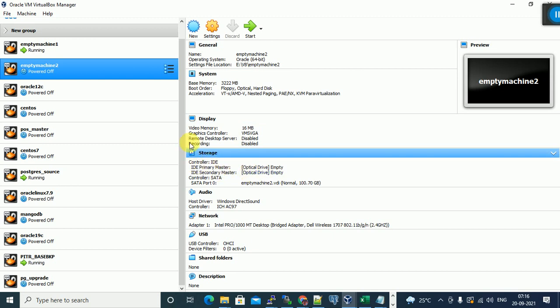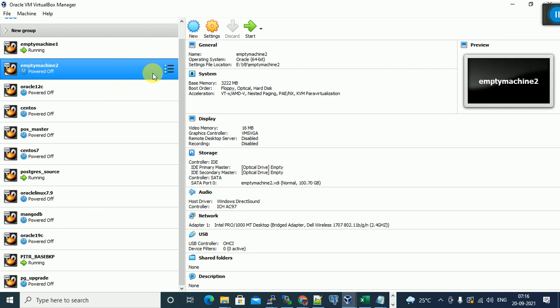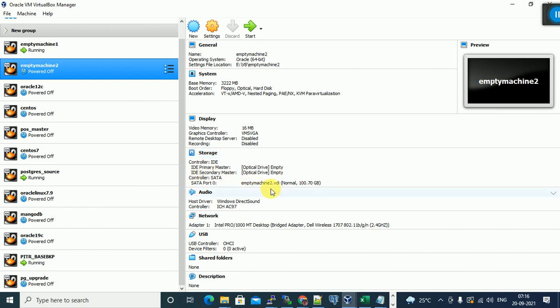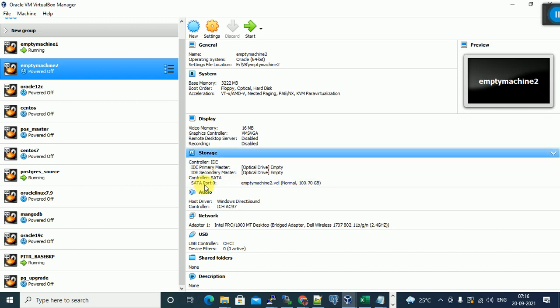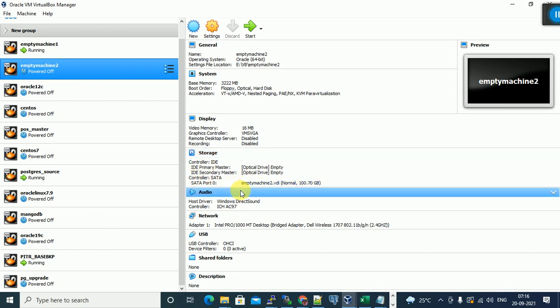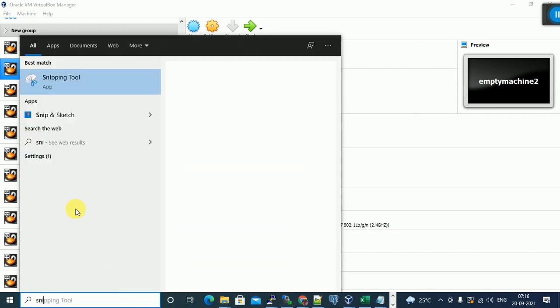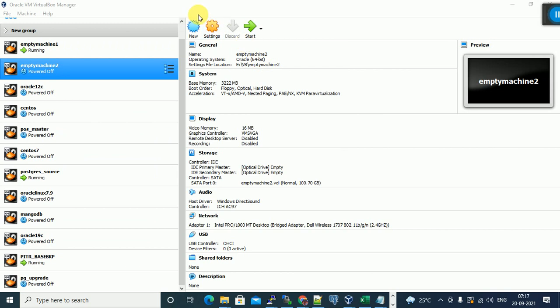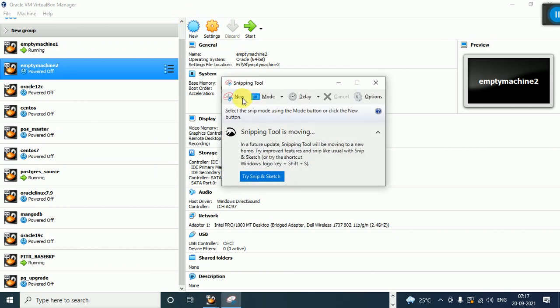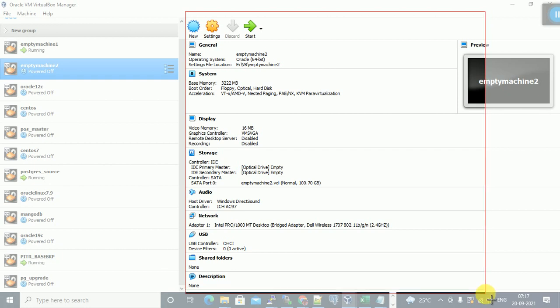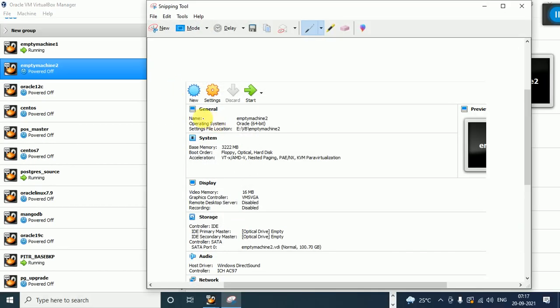Storage, hard disk: how much hard disk did I assign for this machine? In the storage section you can see 100 GB, SATA port 0, the last one. Just, I can see this is for the general section.